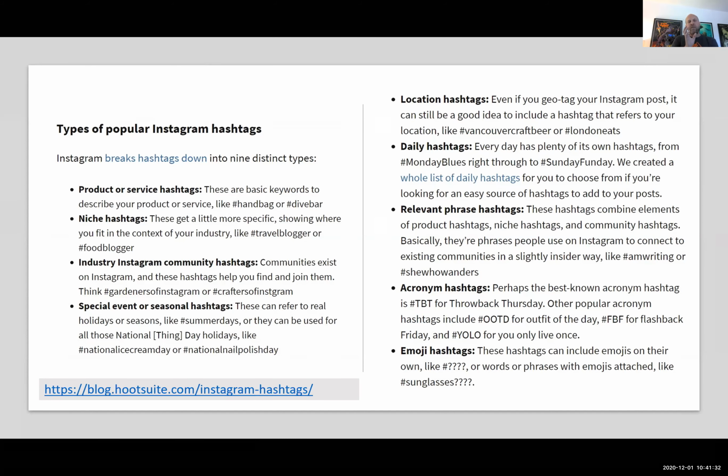But the idea is that there are a lot of hashtags, and I would say start small, and start with ones that you feel make sense in your market. The best way to understand that, to be honest, is to peek over at your competition. What are they doing? What hashtags are they using? Even if it's not in your region, but let's say you're in a particular market or business, you want to look at another region for that kind of business. Well, how are they reaching people with their hashtags? So I think that's a good